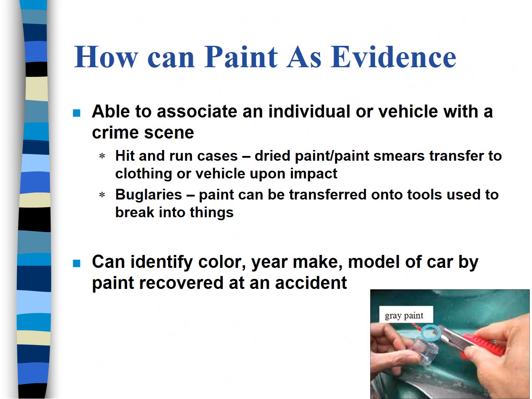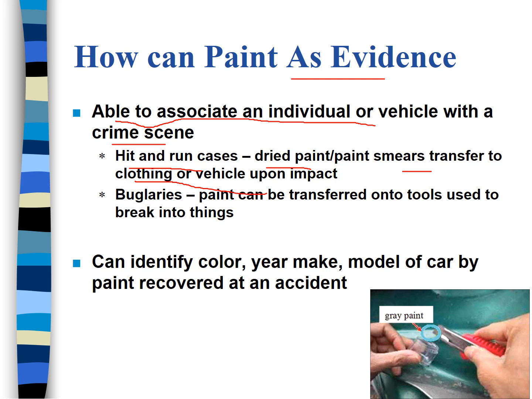Okay, how can paint become an evidence? Basically, the evidence from the paint is able to associate an individual or vehicle with a crime scene. For example, in hit and run cases, the dry paint will transfer to the clothes or vehicle upon impact. For example, ada pelanggaran antara motor and kereta. So the paint will remain on the car bodies, and kita boleh ambil paint tu dan buat analisis